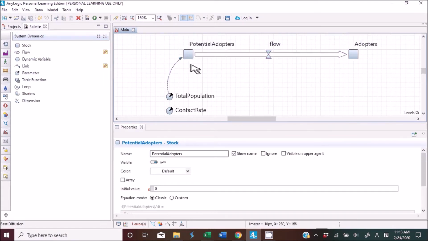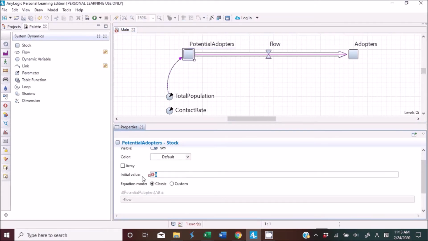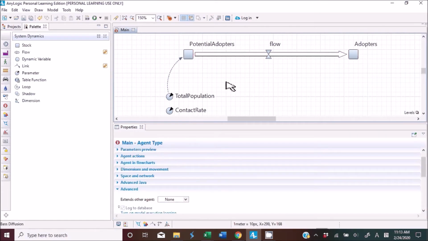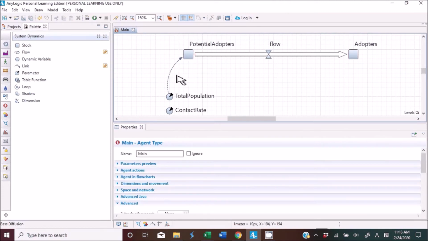And so if you click this, you can see this warning sign, and you can type the total population as an initial value of this stock, so that you can remove this warning sign here. And now the link changes from the solid line to the dotted line. Okay,